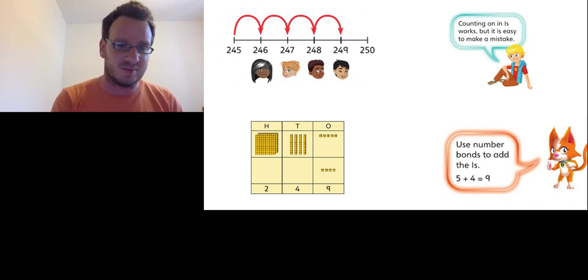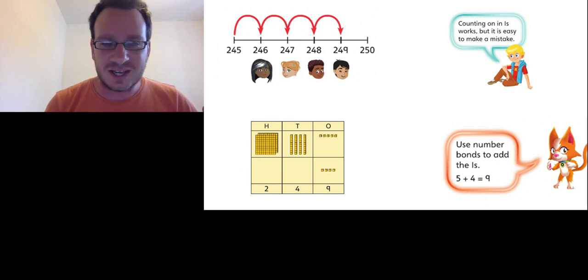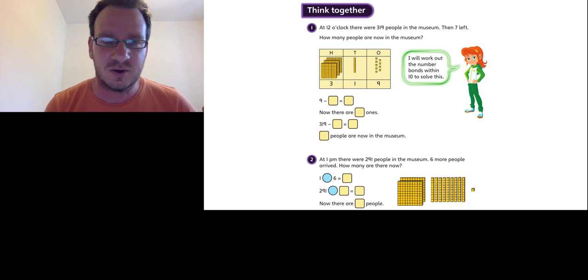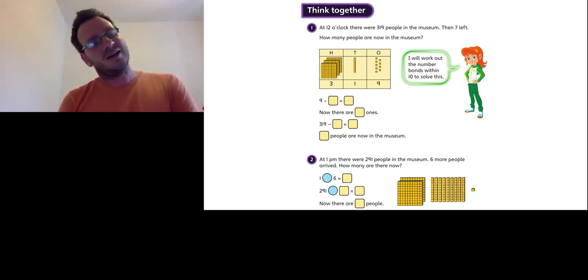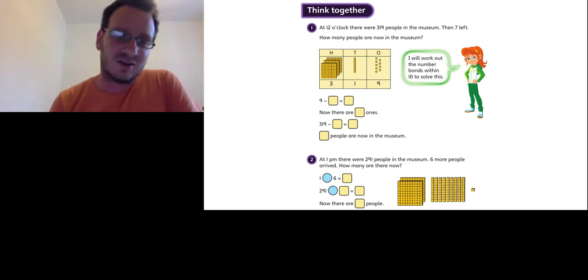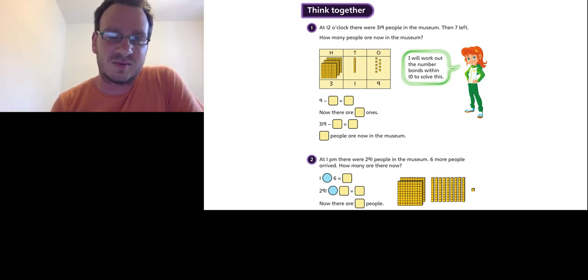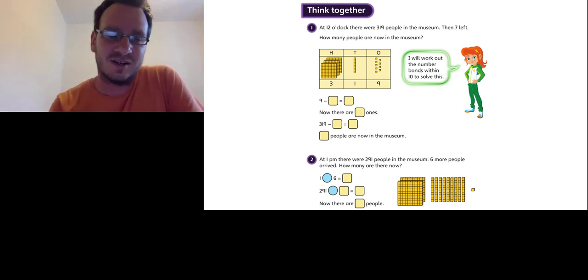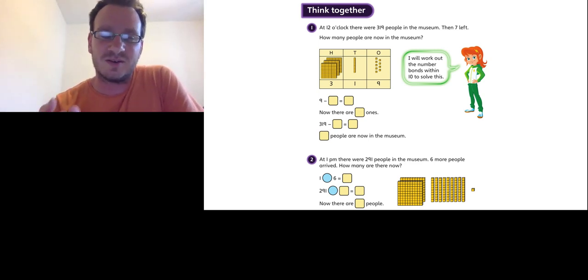is that I'm going to use my number bonds. I'll quickly take you through the rest of this lesson. So here's think together 1, think together 2. At this stage, this is where they're practicing, and so here they have to see, oh, I'm doing this again. I might get them to choose the operation, strip some of this away. So now it's still about the ones, but in this case, they have to subtract. But again, the core is I want them to be able to use their number bonds to be able to answer this. So it's